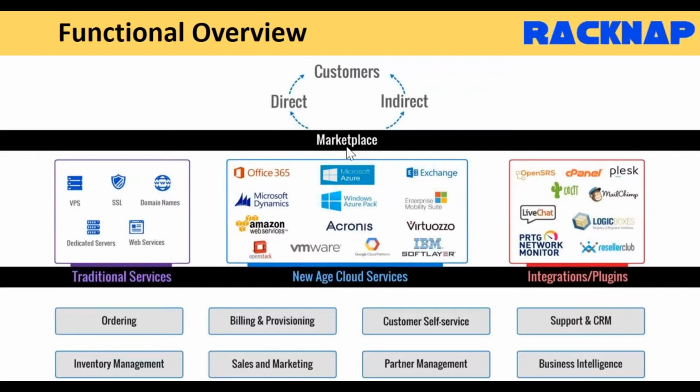Let's say you have your own IP, which you have built over a number of years. You put it in the marketplace. The marketplace is a WordPress-based one. You can define the plan and the pricing for your product, and then start billing the customer who has purchased it as well. So you can automatically do that. And if you want, for example, this application or your product to be controlled from RackNap, then we will need to build some kind of API integration for it. Otherwise, if you are not keen on API integration, you are ready to go straight away. I hope that answers the question you asked.